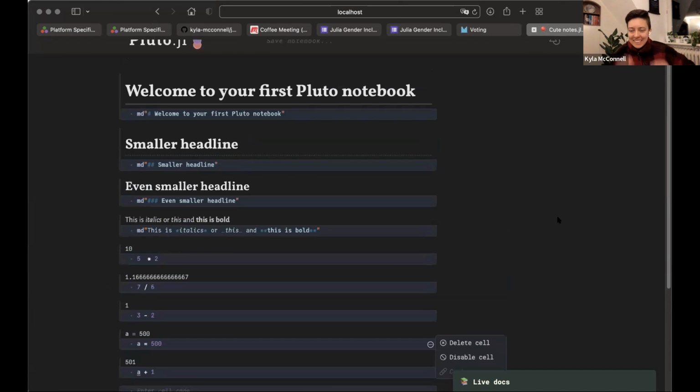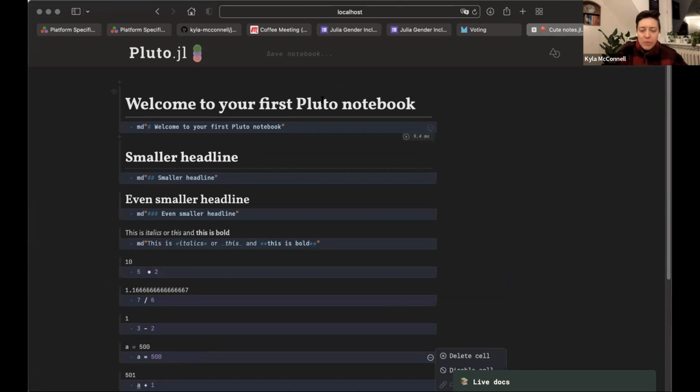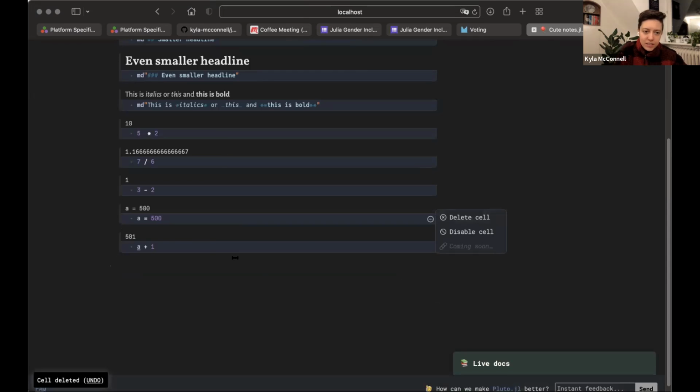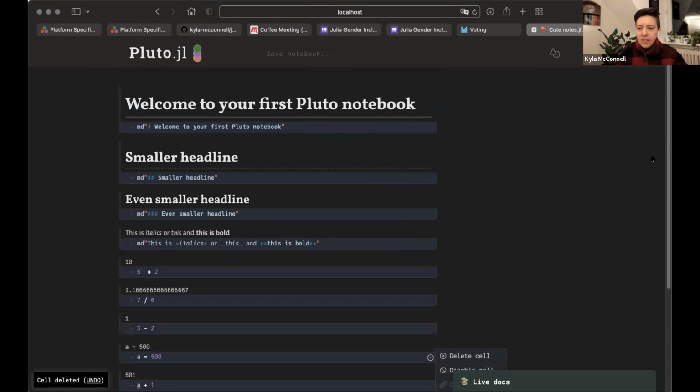Just as a note, I'll put this little notebook in our GitHub, even though you can see there's not that much interesting stuff here, but just for the notes about the headers and that. And we're going to be working a lot more with Pluto in the future, so we're going to get even better acquainted with Pluto, and of course with Julia. That's about all that we have to show today.